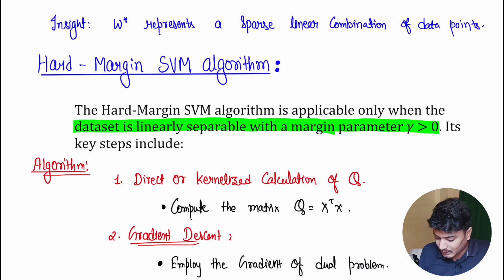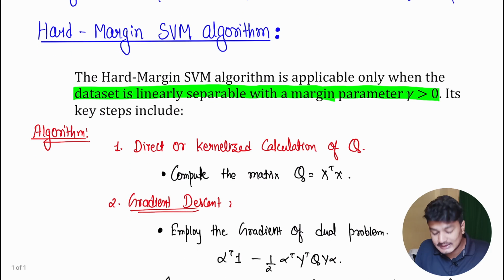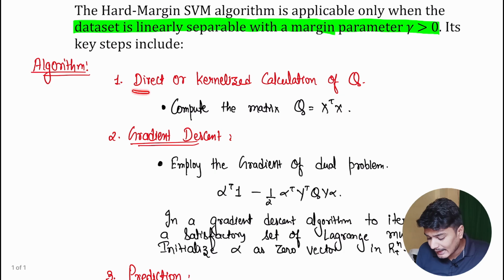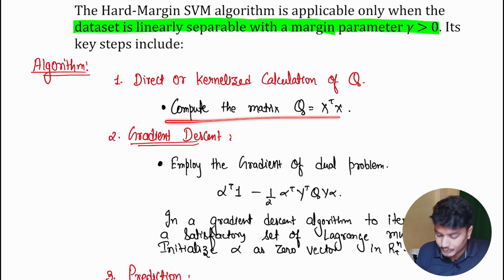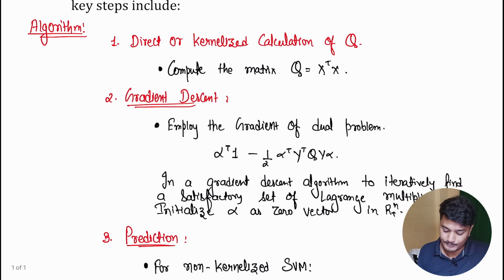The hard margin SVM algorithm is basically applicable only when the data set is linearly separable with a margin parameter gamma greater than or equal to 0. If the data set is linearly separable, we can apply the hard margin SVM. Its key step involves direct or kernelized calculation of Q. So first we will calculate X transpose X, whether you use a kernelized function or do this directly, it's your choice. First compute that matrix Q, that is X transpose X, then